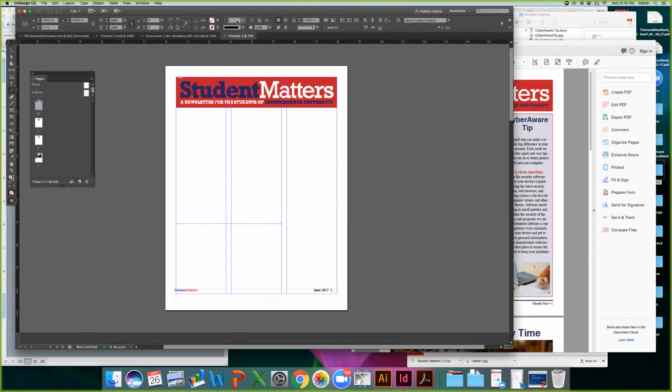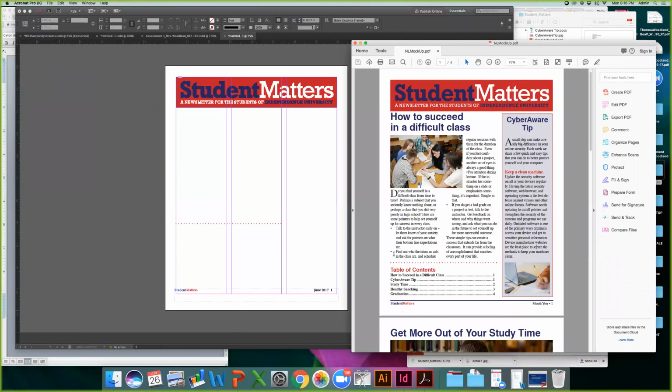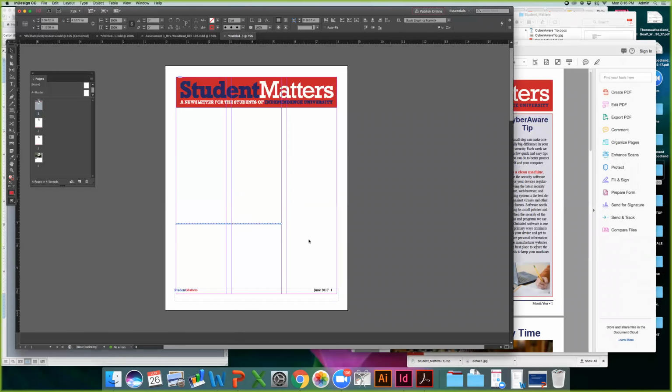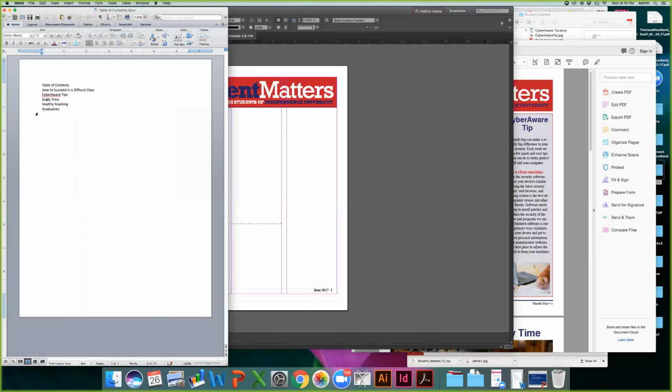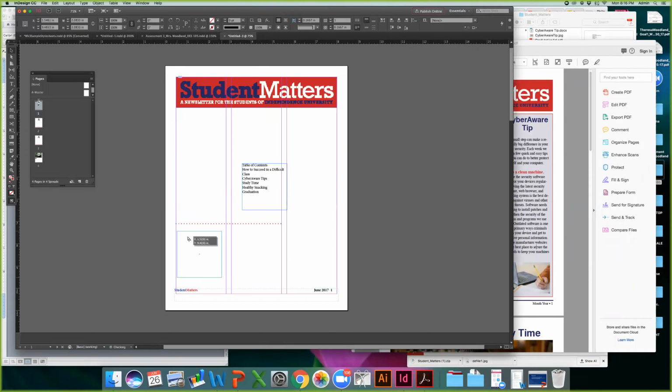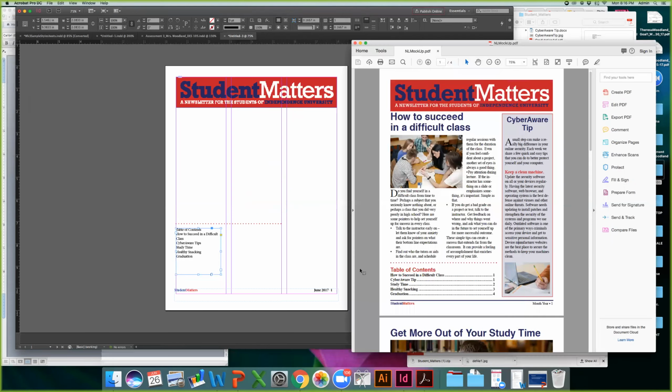I'm going to give it a stroke of 1, and I'm going to click on dotted here, and I'm going to give the stroke color up here red, because we want to match that red color. It looks like it's a bit heavier than 1, so maybe up it to 2 or 3. Yeah, about 3 points is about the size of the dotted line. Then I'm going to grab the table of contents, copy and paste it in here. If you have your paragraph styles already set up, that's what you'll need to do. Now this extends over both columns,